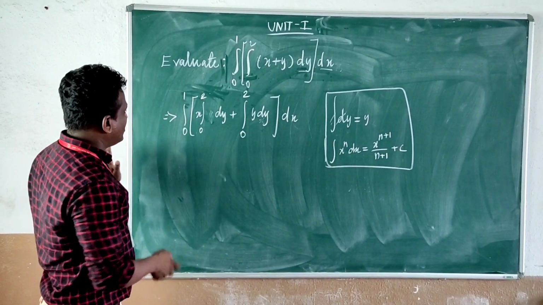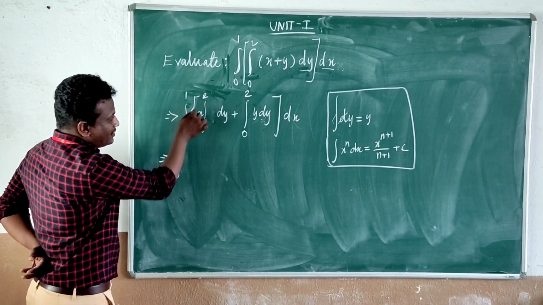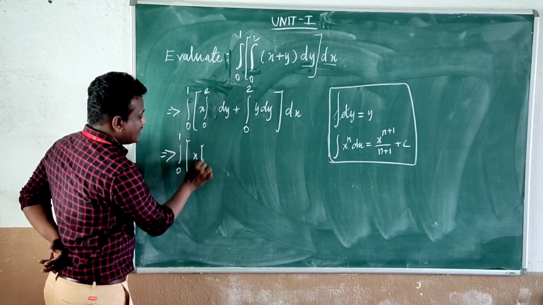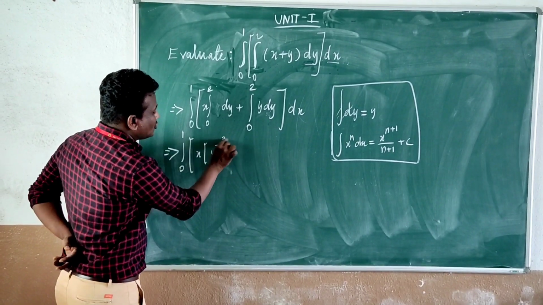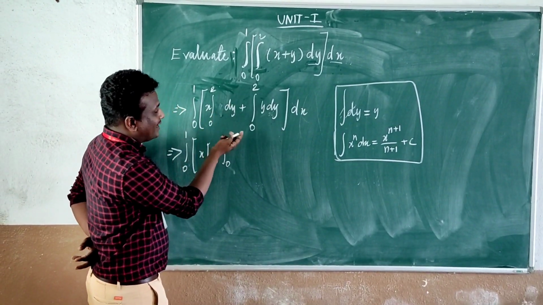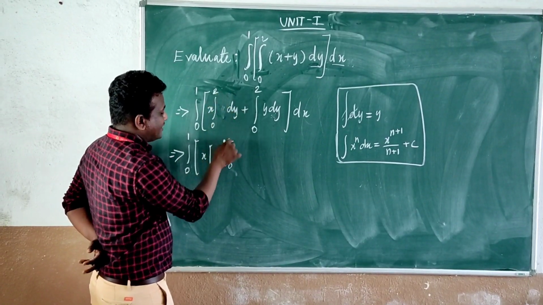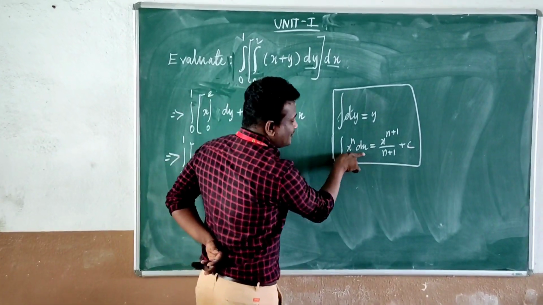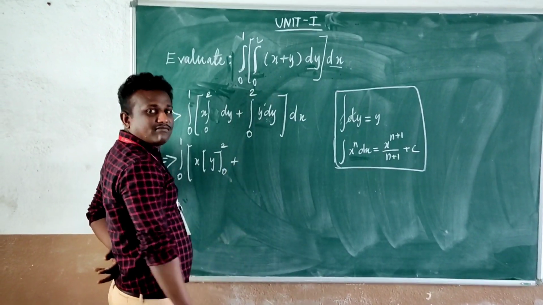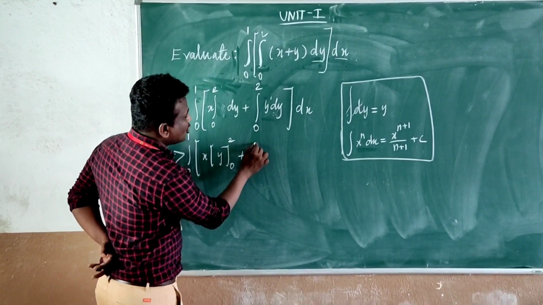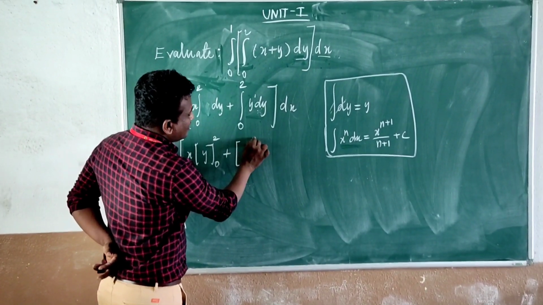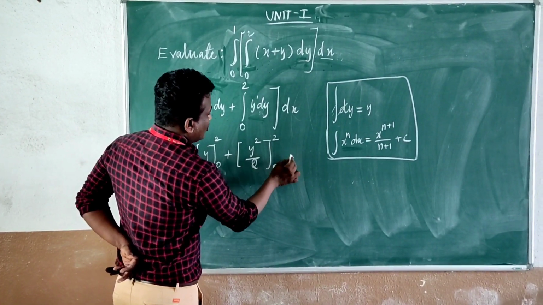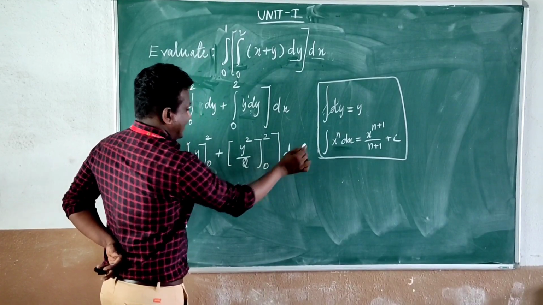Now let us solve this problem. It is 0 to 1. If you integrate dy, what is your answer? x is constant. Now y, with limits 0 to 2, because the integral and d cancel and you get only y. Then apply the limits, 2 to 0. Now plus, let us move to the second step. In the second term, what is the power? It is 1. Apply the formula, then you will get y square divided by 2. What is the limit? It is 0 to 2. Now give a common bracket and dx.